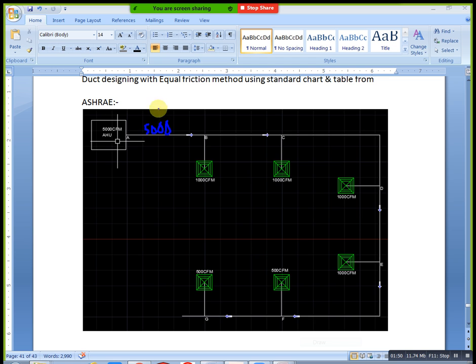This is CFM, and we know FPM, how much? 1300. Can you write this one also in this picture? In this condition we know these two values, and you will take height. Here you will take height, how much, 14 inch, assuming a value for example. Can you write that one also? Height is equal to 14 inch. Now you can tell me your width.